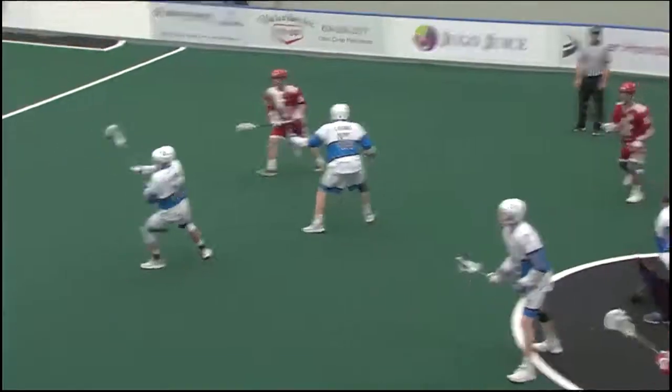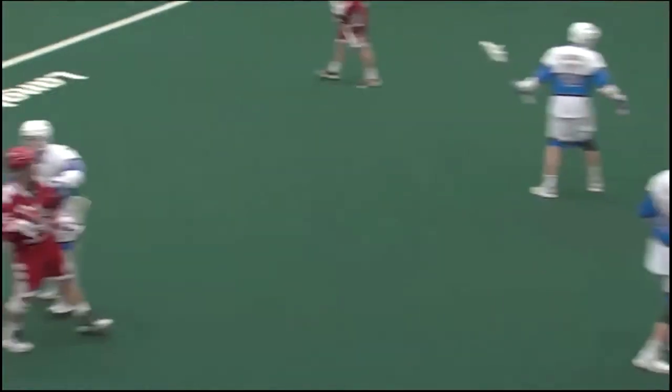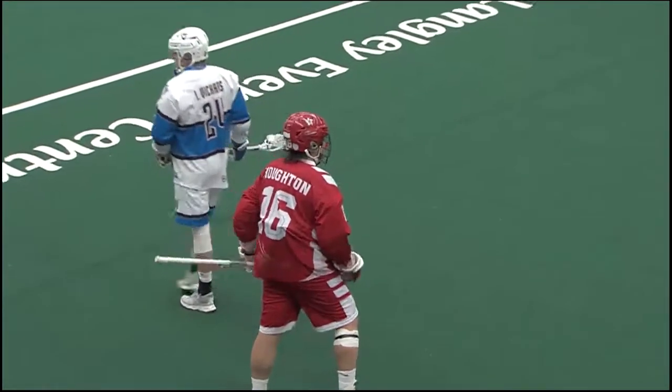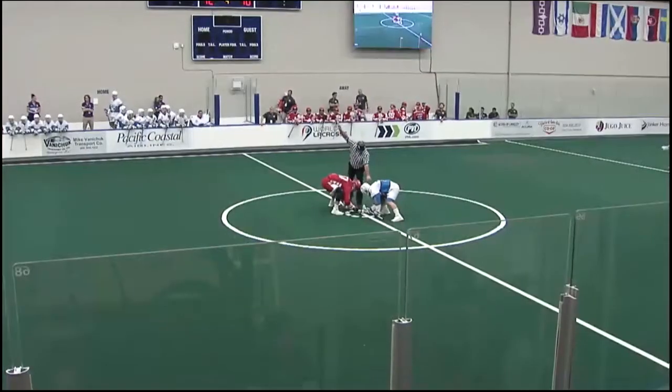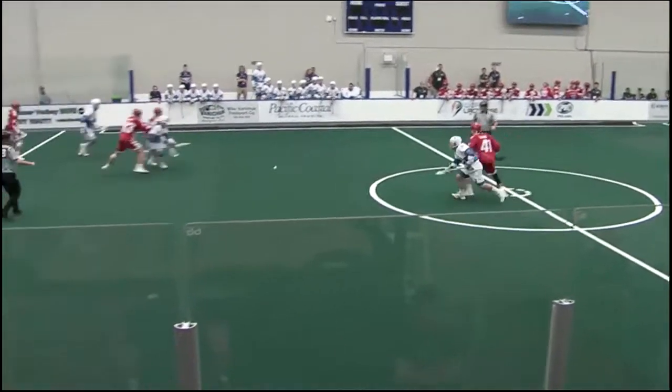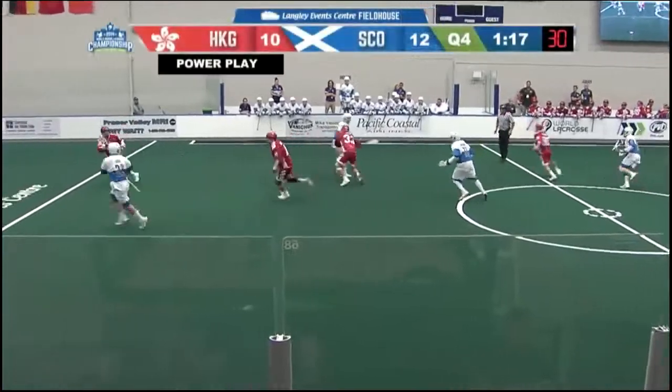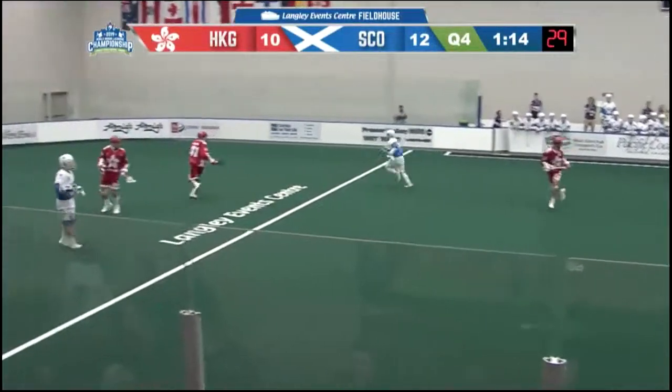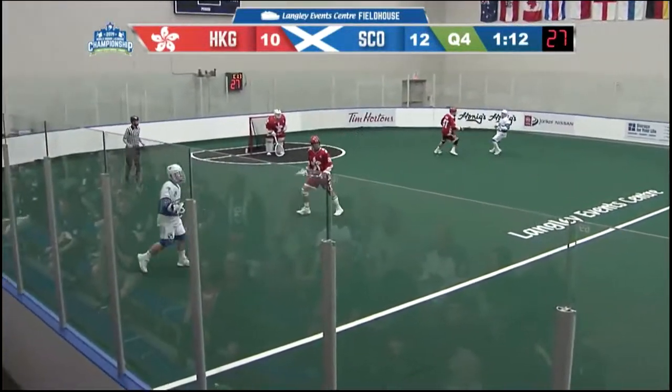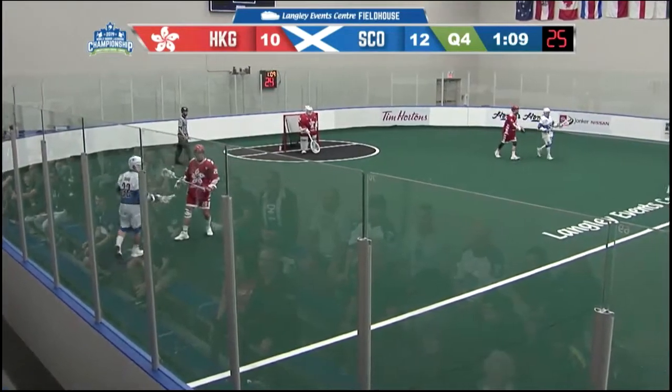Just moving it around, and Houghton let it go high right side. Goaltender back in for Hong Kong, back to 5-on-5 in a 2-goal game, 12-10 Scotland leading. 1:12 remaining in regulation.